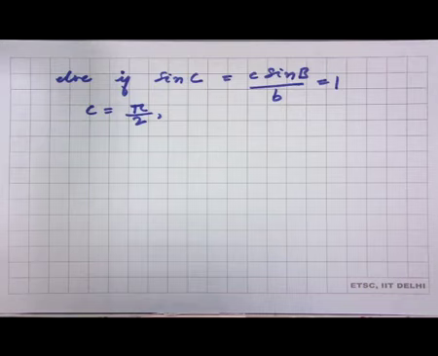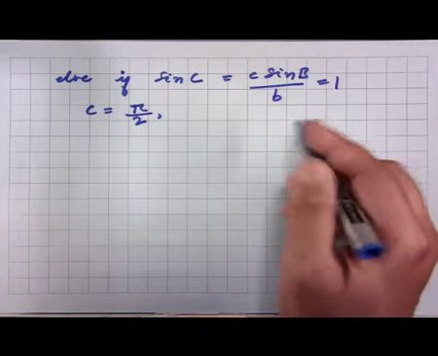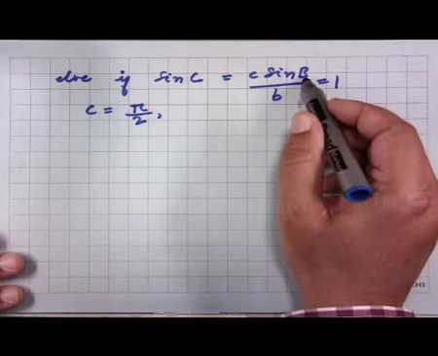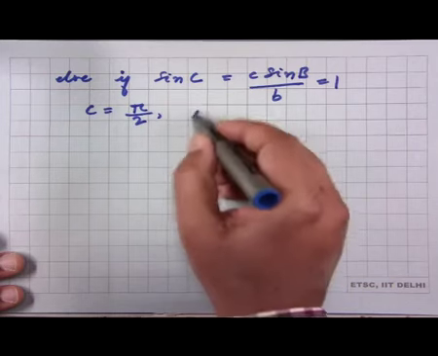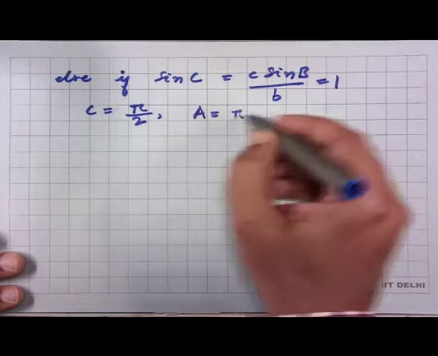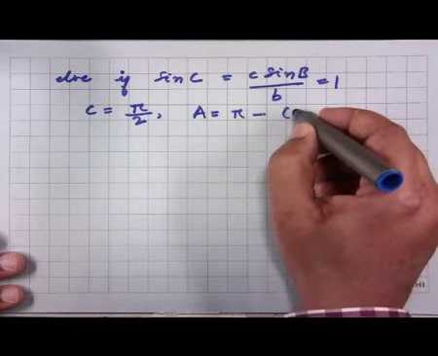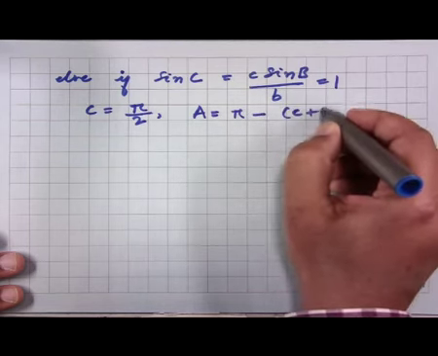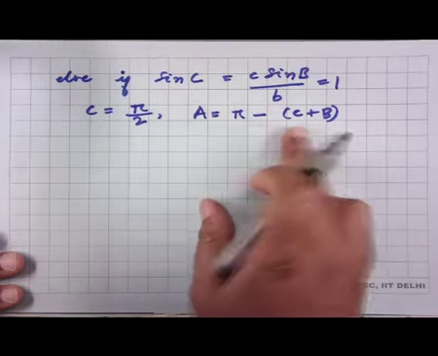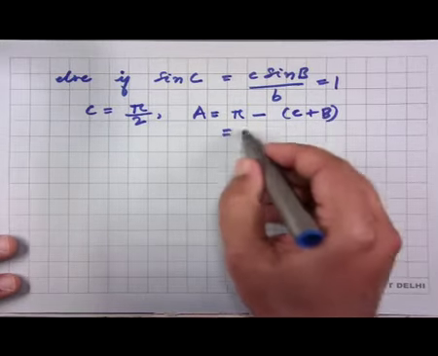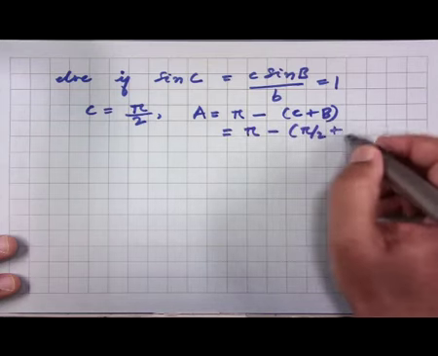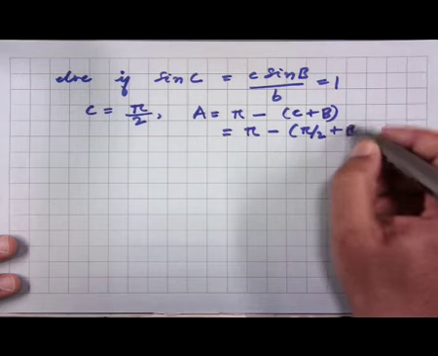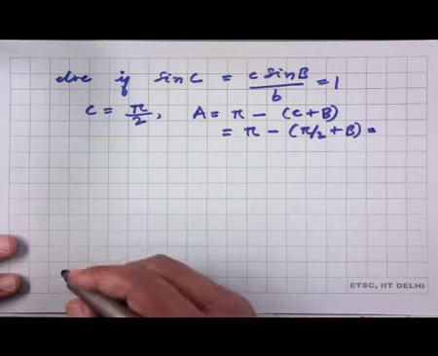And once the value of C is known, since angle B is known, we can find angle A. So, we have angle A equal to 180 degrees minus C plus B, and C is pi by 2. So, A is equal to pi minus pi by 2 plus B, which is equal to